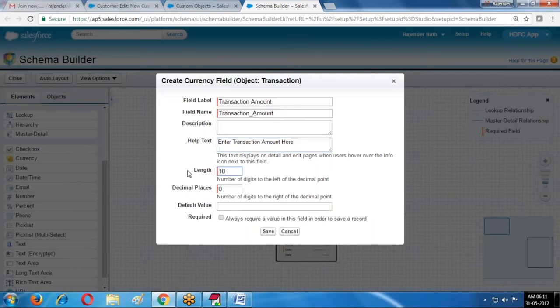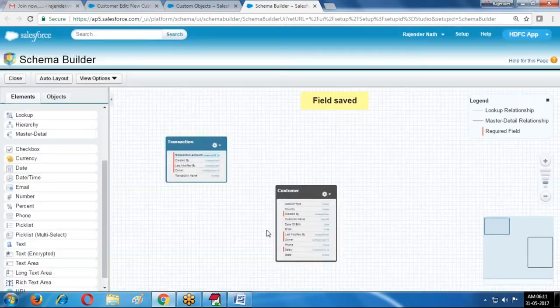I'm taking here 10 digits length and 2 digits decimal values. If you want to provide a default value, you can provide it, and whether it is mandatory or not you can select. If it is mandatory, that's all. Save it. One field is created.